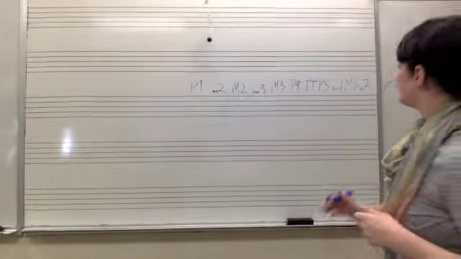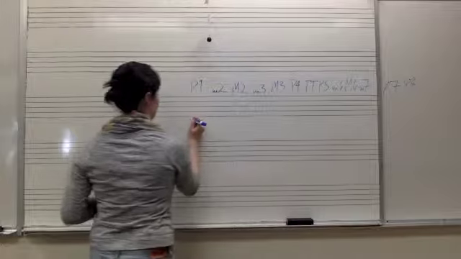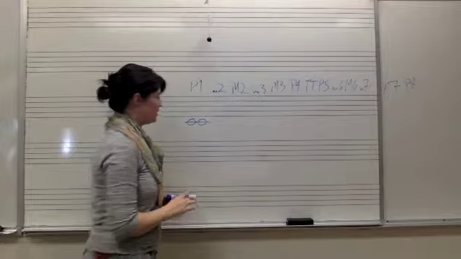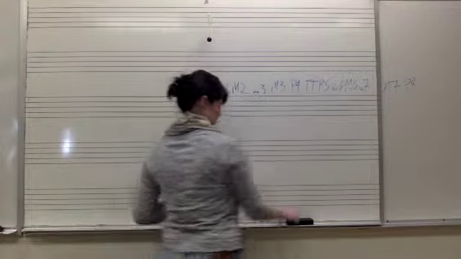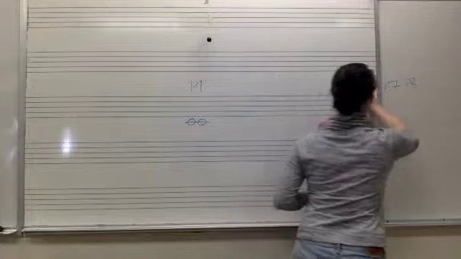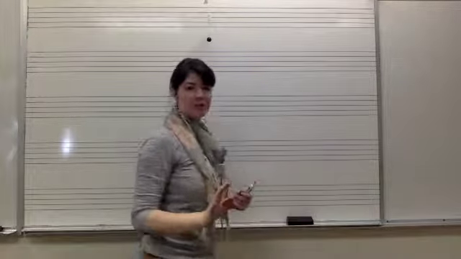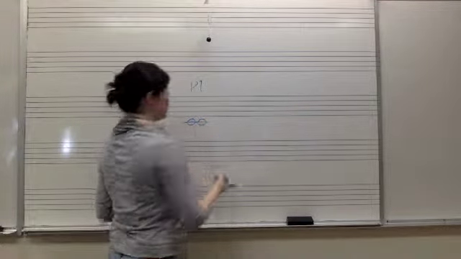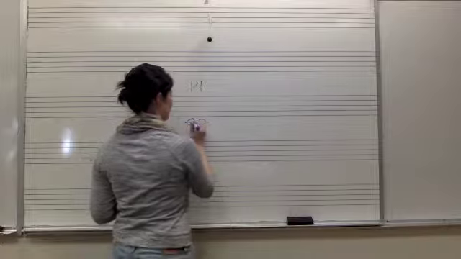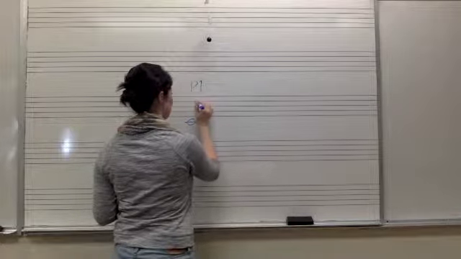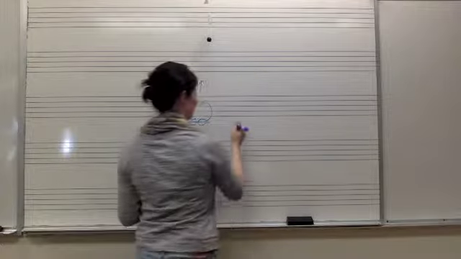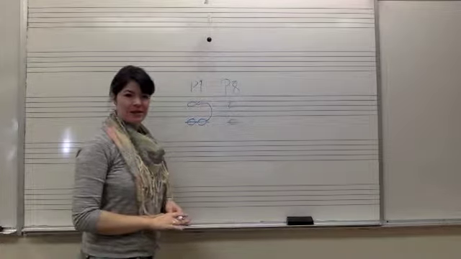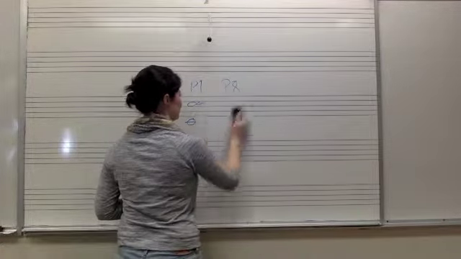All right, so if you take this, for example, we've got C and C, which is your perfect unison. Now, if you take that C and move it up an octave, so switch it. This is all we're doing, is we're taking one of the notes that's in the interval and switching it up an octave or below an octave. So if we take this, we go up here, guess what we get? We get C to C, which is a perfect octave. If we do this with another set of notes,